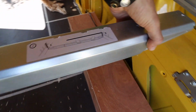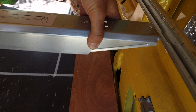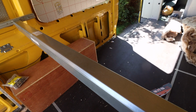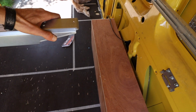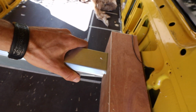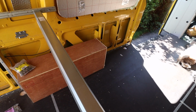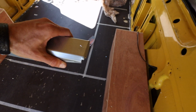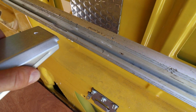So as you can see, from this beam going across that I got from IKEA, it's extendable, so you can actually move it in and move it out. So I got it hooked to the beam on that side, and it's going nowhere. And then what you can do is extend it, so then it's extending all the way over to this side where I've cut out the notch, and then